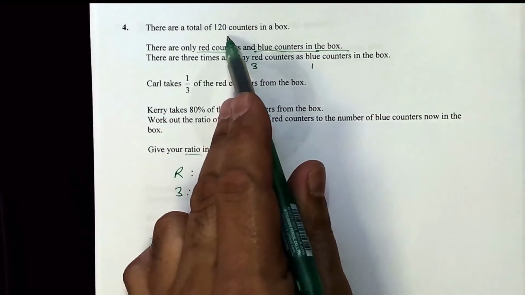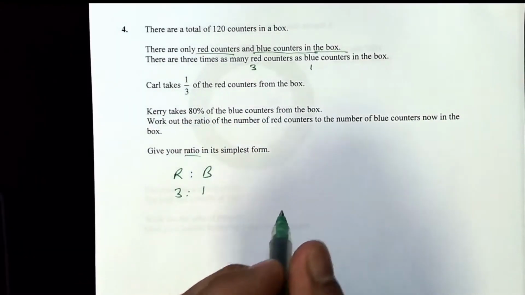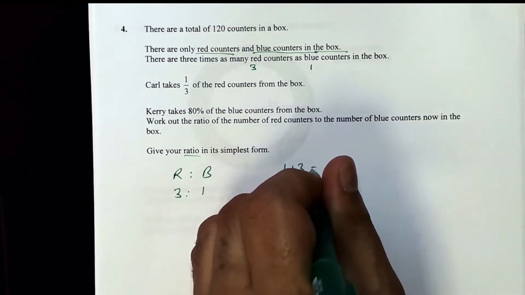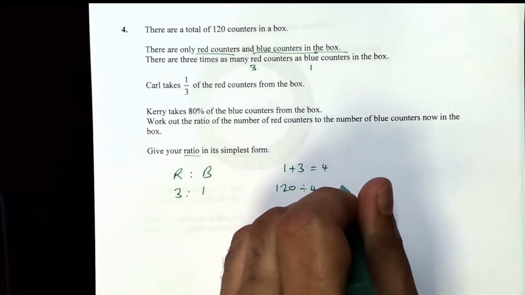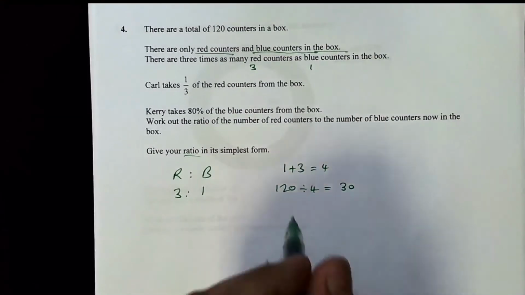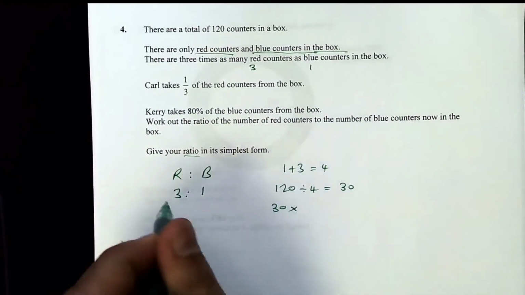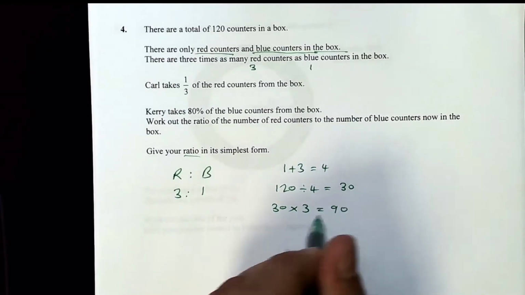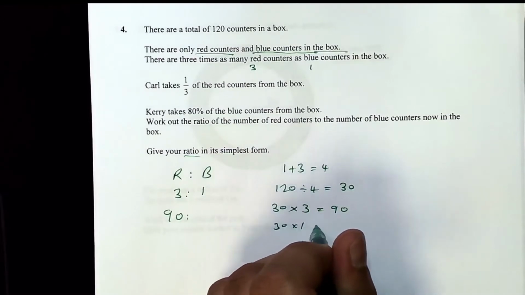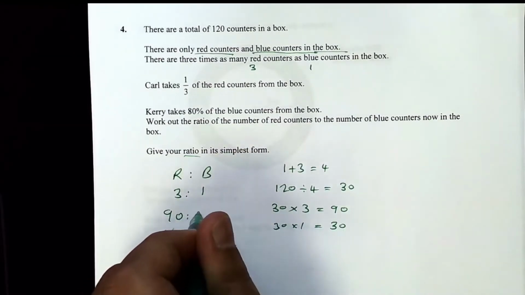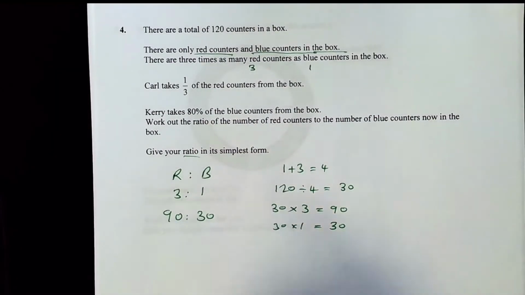And there are a total of 120 counters. So to work out how many red counters and blue counters there are, add the ratios up. So 1 plus 3 equals 4. Divide. So 120 divided by 4 is equal to 30. And then multiply. So 30 times 3 is equal to 90. So there's 90 red counters and 30 times 1, which is 30. Okay, so there's 30 blue counters. So now we know how many counters are in